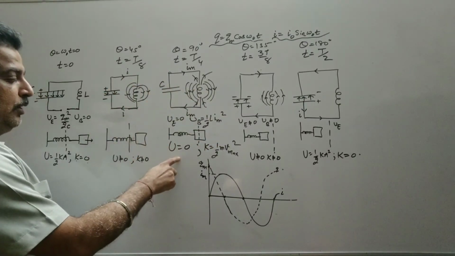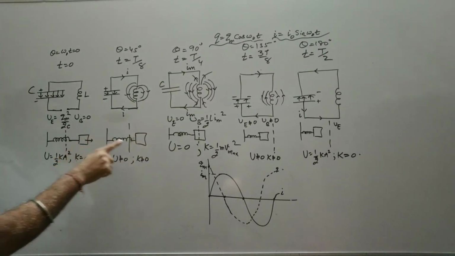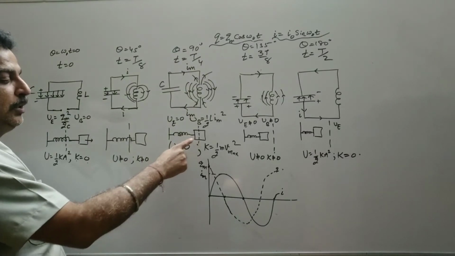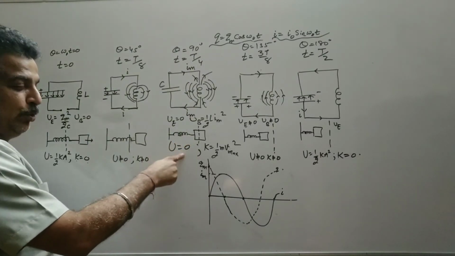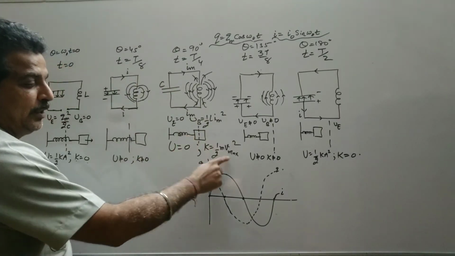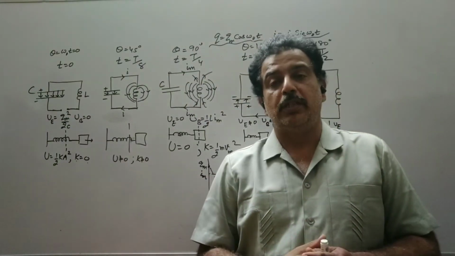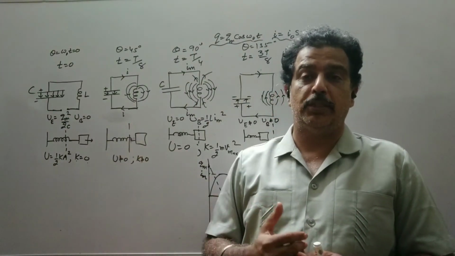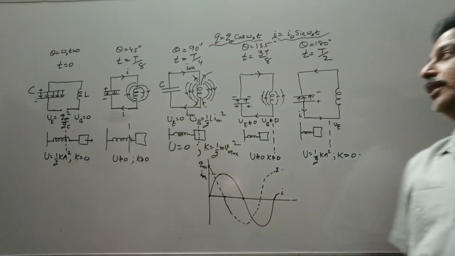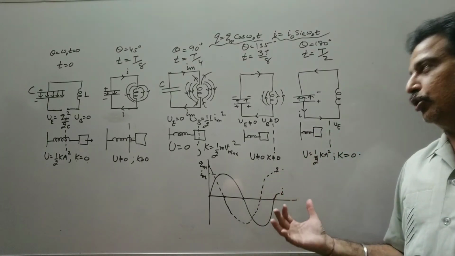In this situation, it was at the extreme position, then the intermediate position, and at 90 degrees it comes to its mean position. The potential energy becomes 0, and it will not stop here, so its velocity at the mean position is maximum. We know in simple pendulum oscillation also the velocity at the extreme position is 0, and at the mean position it is maximum. So this is the mean position. See, there are many different ways to understand the LC oscillation.